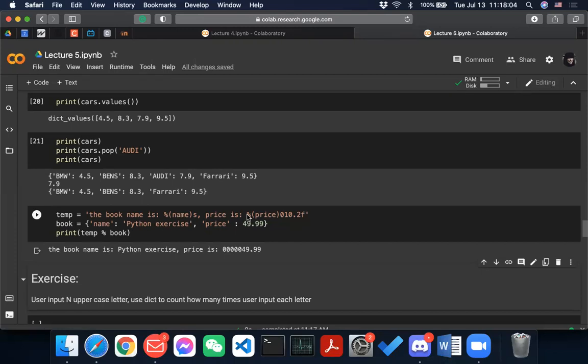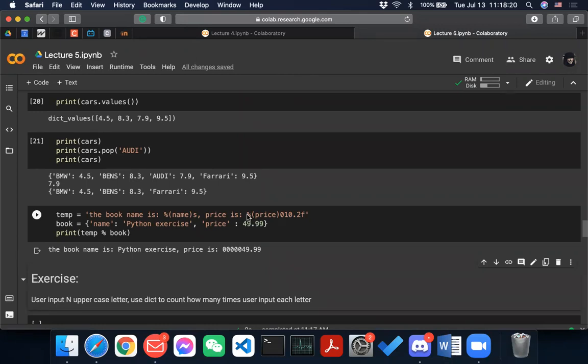It just takes all the values from that dictionary and maps them into a string. So that is another use case for a dictionary.